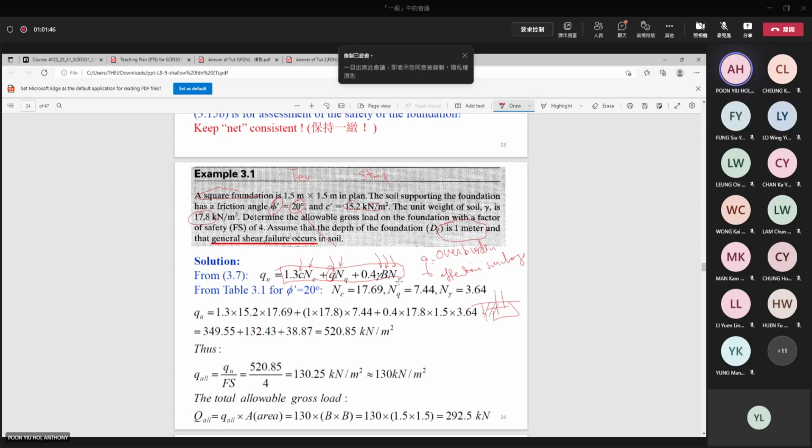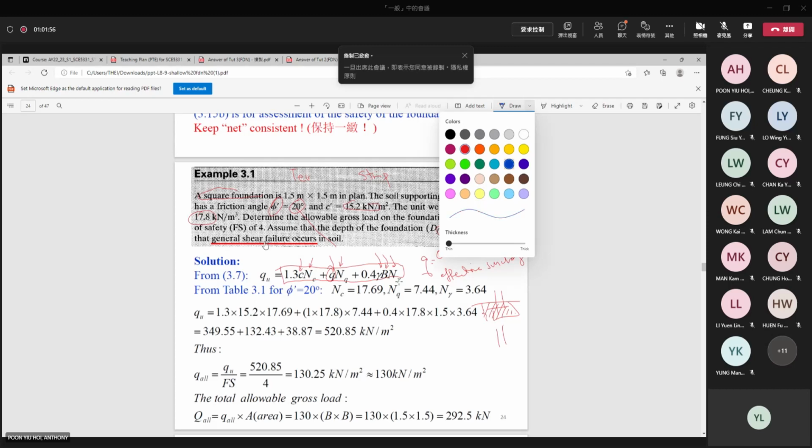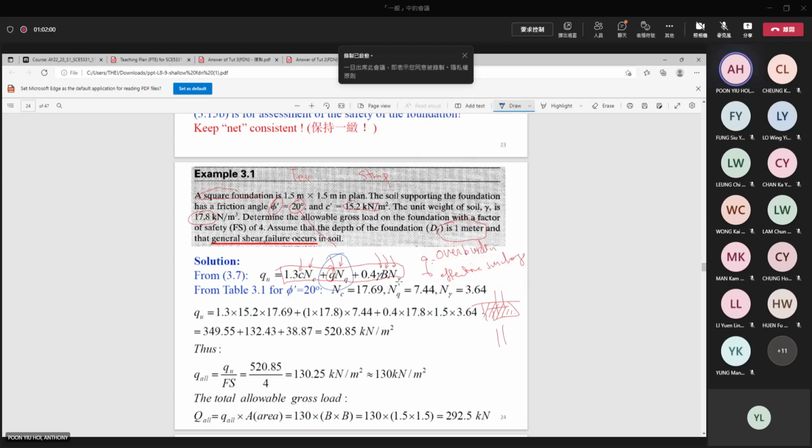And you know the surcharge, the middle term we call the surcharge. It means that when it fails, it has to push this mass of soil up, so this depends on the surcharge, which we usually call the overburden. So just by substituting all these values into this formula, then we get the ultimate bearing capacity of the